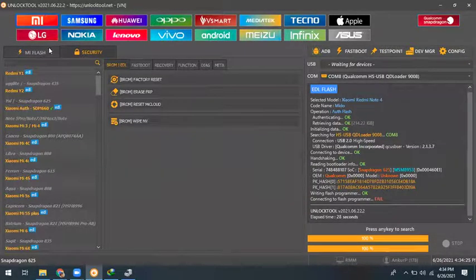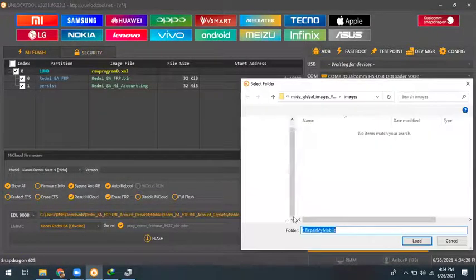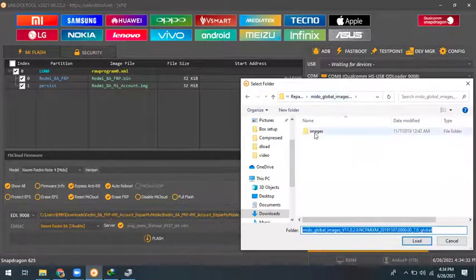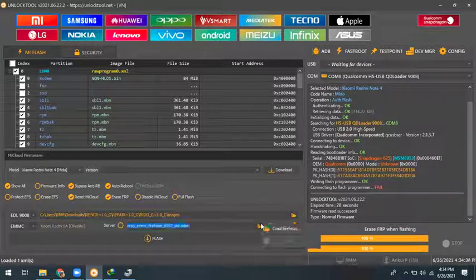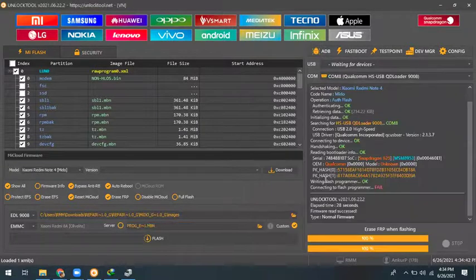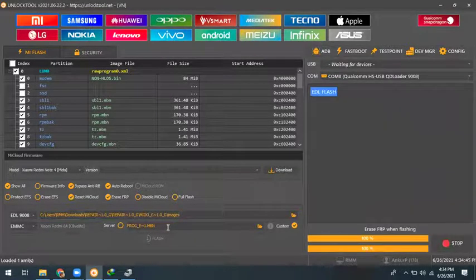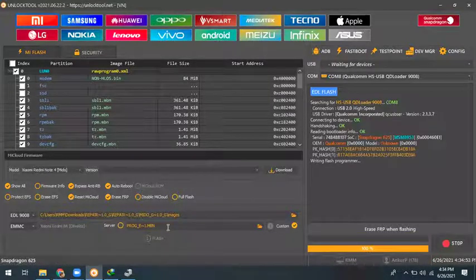You can also flash with the MI Flash tool. MI Flash. This is your file, and take the custom mode, because in server mode we get an error that your port is not working. You can follow the same procedure in custom mode because it's a dead phone and it's trying to flash. This is only to show how to flash any phone.